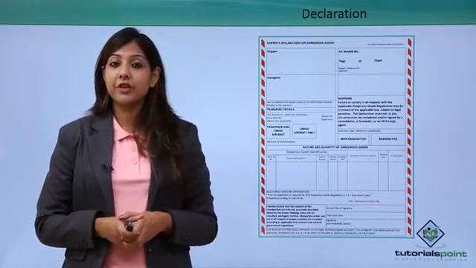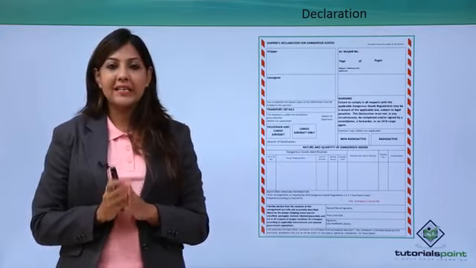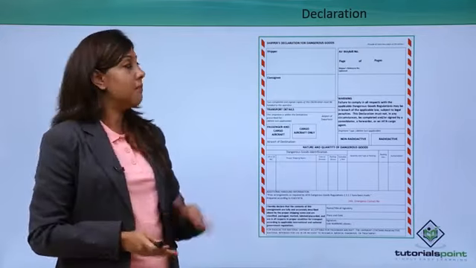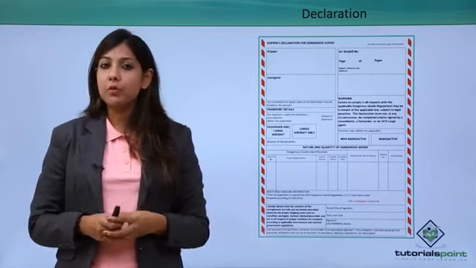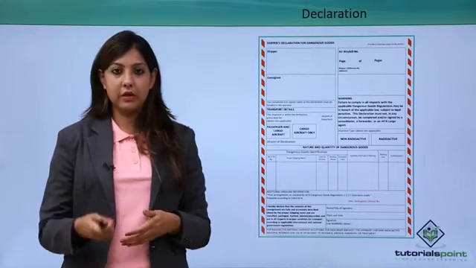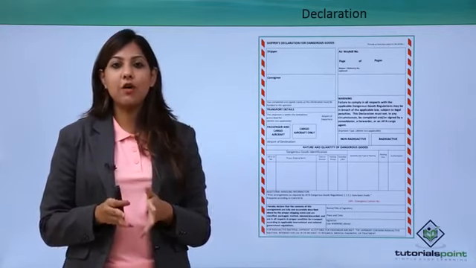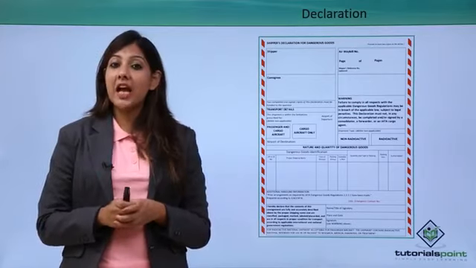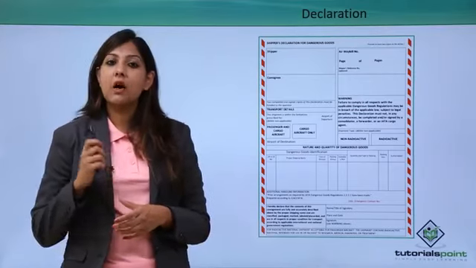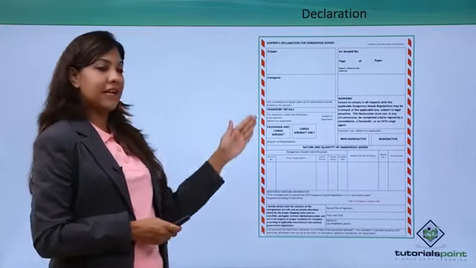Talking about the declaration form, no airline will allow any passenger to carry dangerous goods if it is not accompanied by a declaration form. A declaration form is a kind of MOU which a passenger signs for the aircraft that he is not carrying any kind of product or substance inside that packaging which can be harmful to the passengers or harmful to the aircraft as a whole. So this is a declaration form.